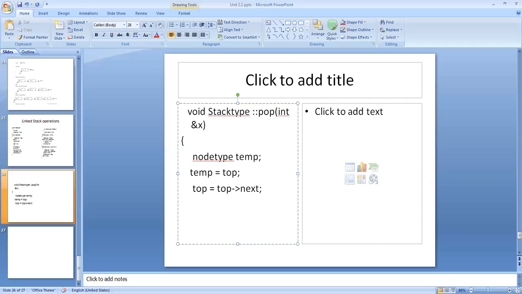That's all. Then delete temp. Before that I display. Then delete temp.